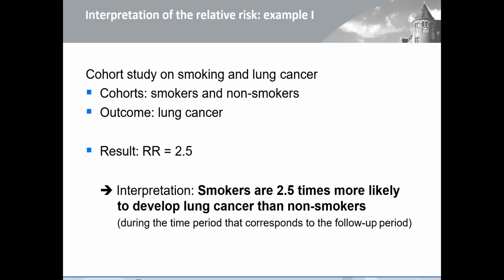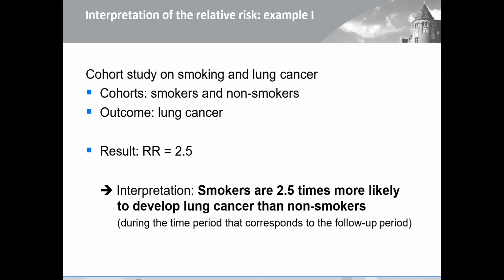This means smokers are 2.5 times more likely to develop lung cancer than what? Than non-smokers. Remember, this is a cohort, and it only applies during the time period that corresponds to the follow-up